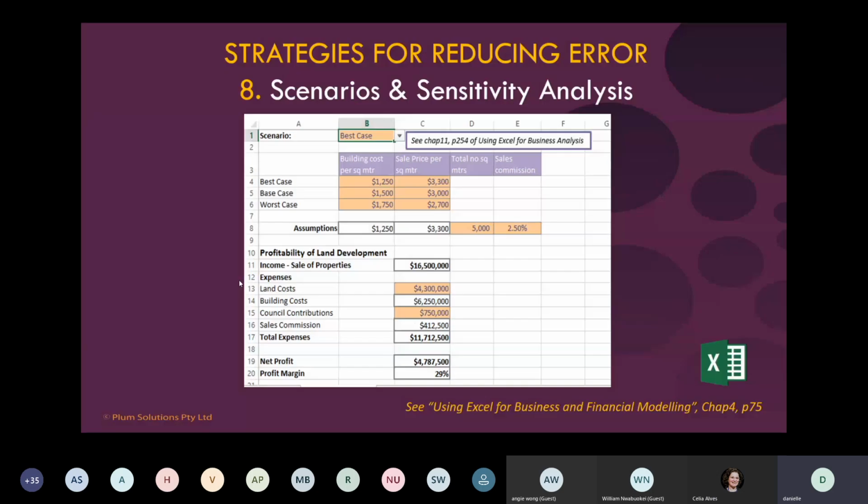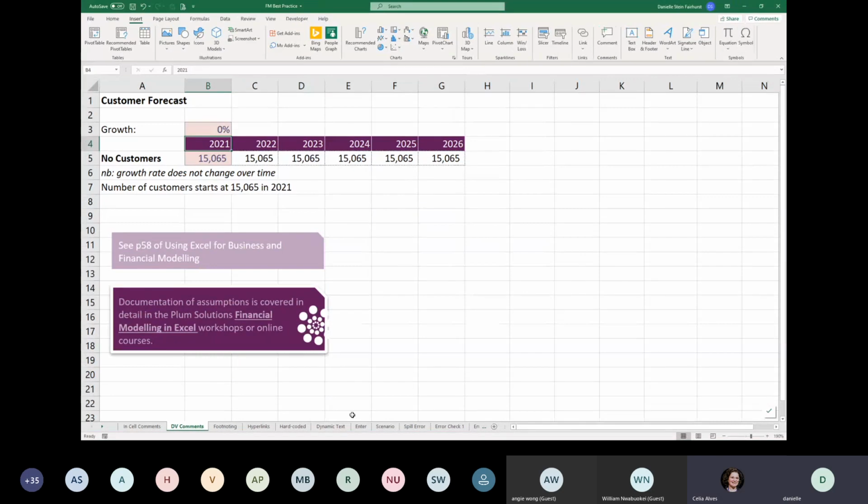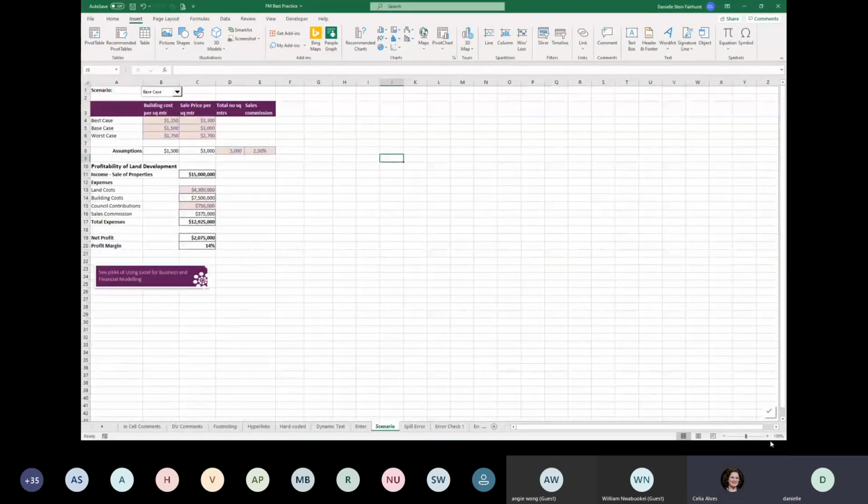One of my favorite things to do is to run some scenarios. If people are interested and if we have time at the end, I can spend a little more time running some scenarios and sensitivity analysis, because as you guys correctly mentioned at the beginning of the session, scenarios and sensitivities are a really important part of financial modelling. So if I might just show you a quick example, if I drag my Excel over again, let's say here,